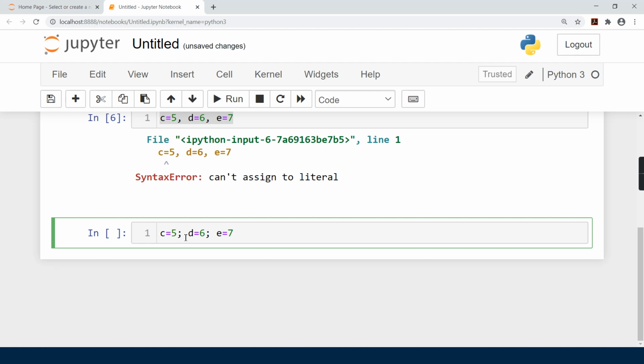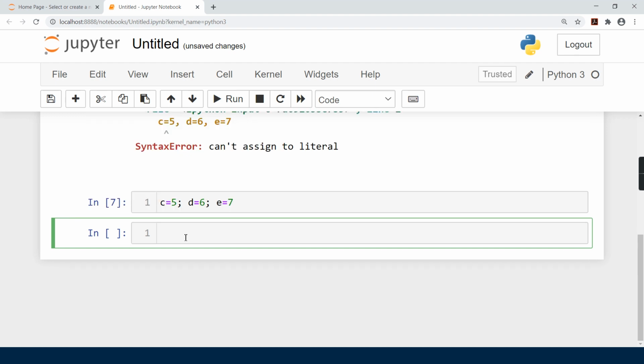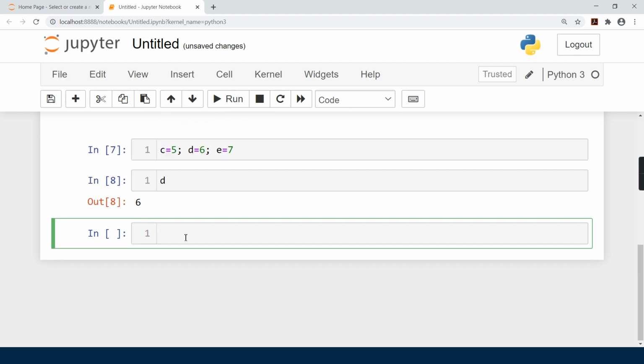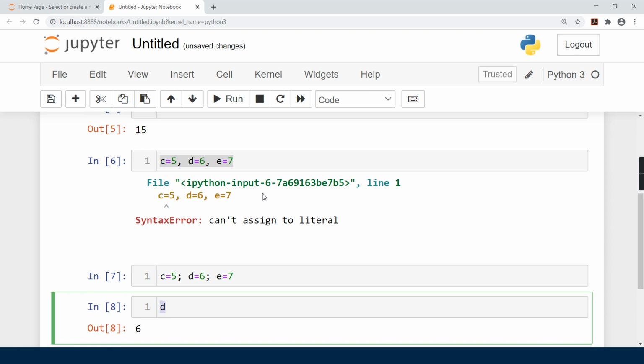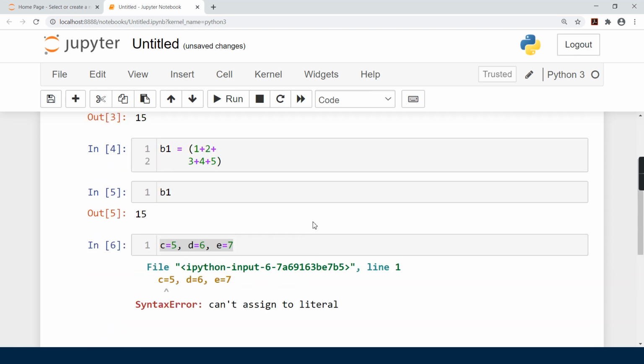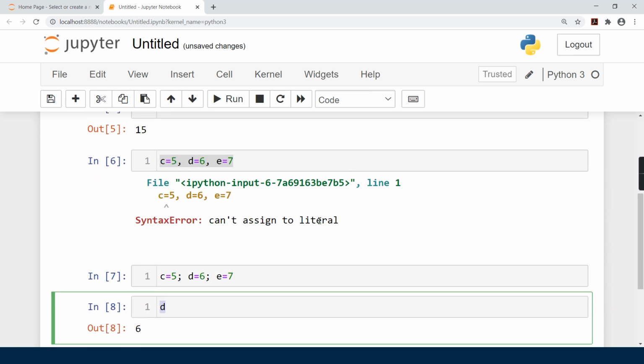Now that we have put the semicolons, if we run this code, there will not be any kind of error. And if you want to cross check, let's print out the value of D. Now we see the number 6 is stored in the variable D. So this is how we can do single and multiple line statements